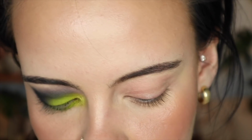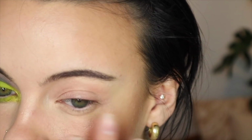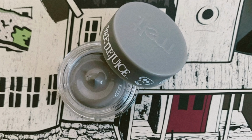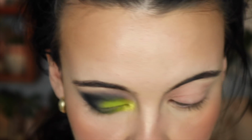Now moving on to the third and final eye look, I just wanted to share that these more purpley shades in this palette kind of stained my eyelid, not too crazy. So I'm first going to be going in with this Ultra Matte Gel Liner in the shade 125 Years, just to block out any of the pink or redness I still have,